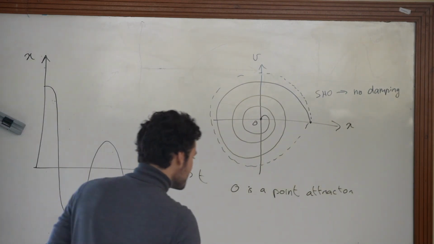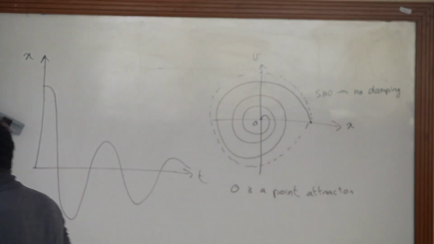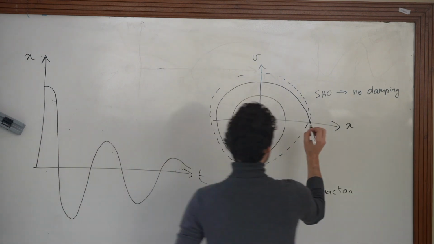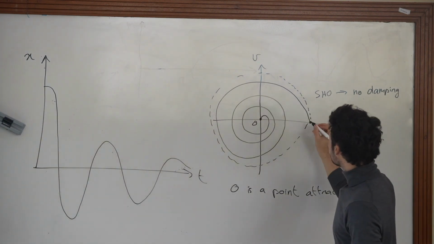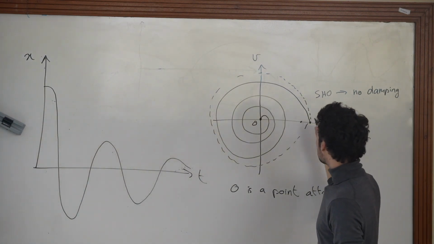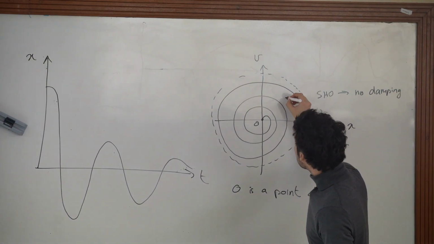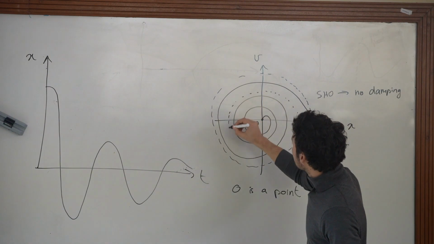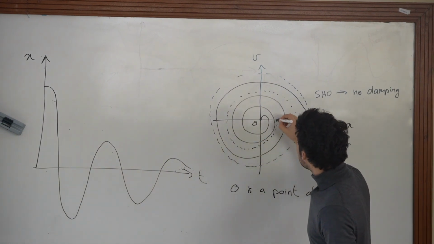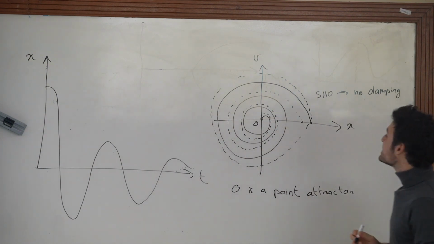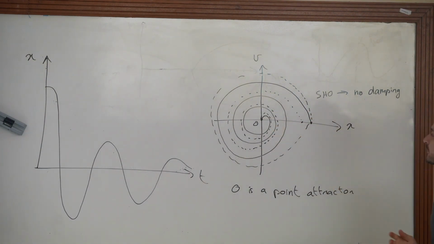So I'm trying to see, I seem to no longer have a blue pencil, that's fine. I'll just do another black one and we'll do dotted lines for this one. So in the dotted case, you get something like that. Okay. So as you can see, it will circle back to the origin.